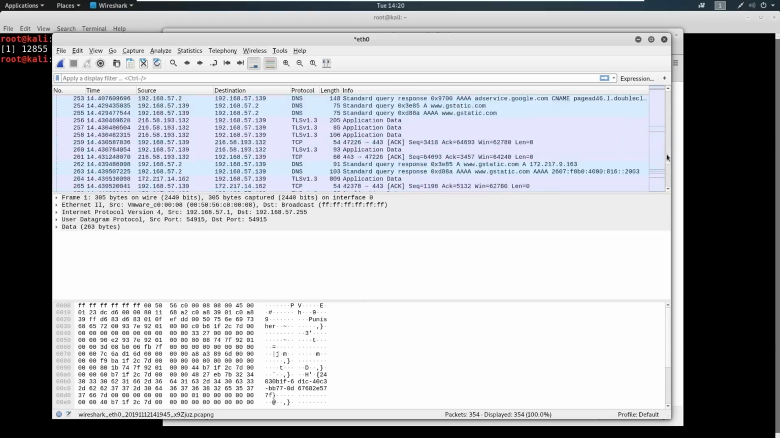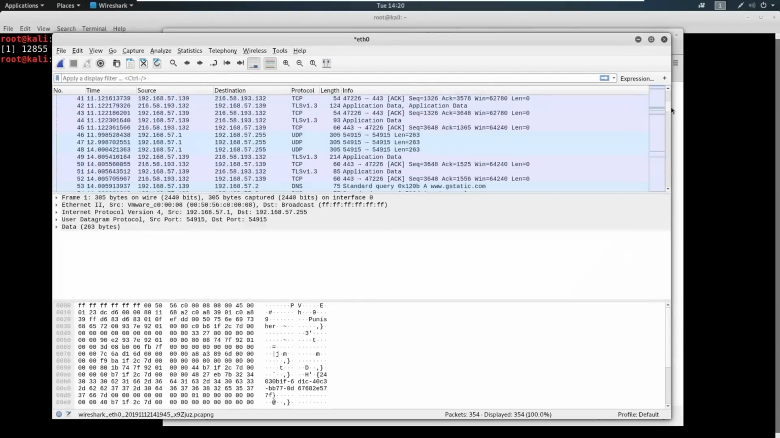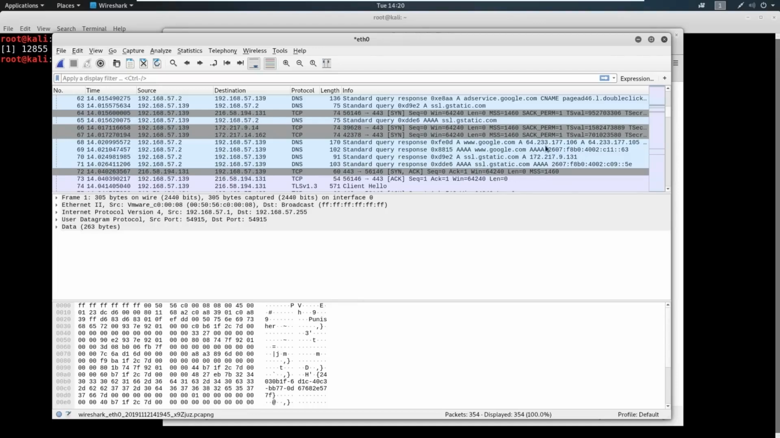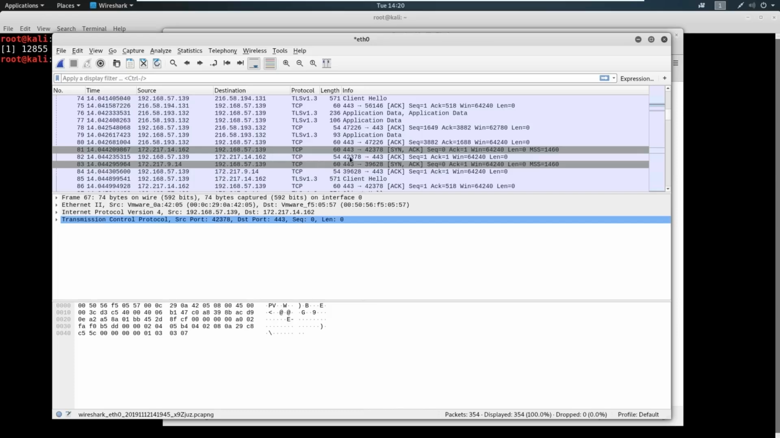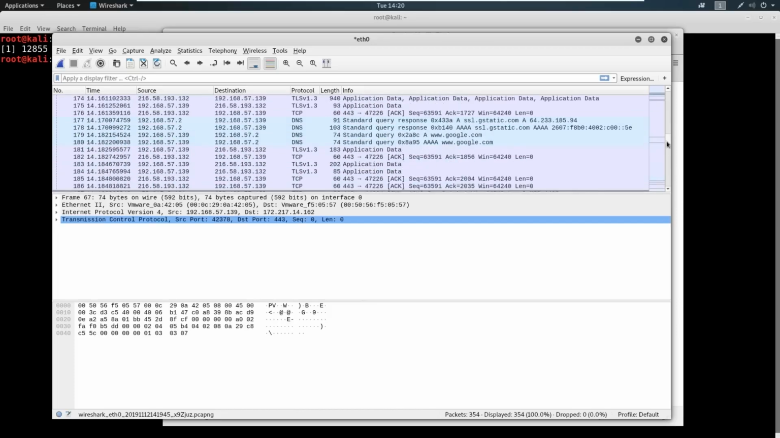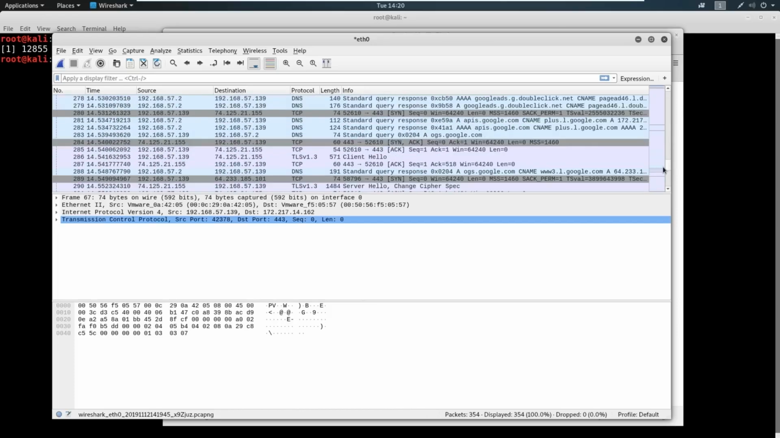So we could see some SYNs there. Those are in the gray. Let's see if we could find a good one. Okay, so here is one right here. Actually, let's find a better one. So we're going to come down to here, and okay, so here we are. We're our source IP. This is 192.168.57.139. We're going out to destination of